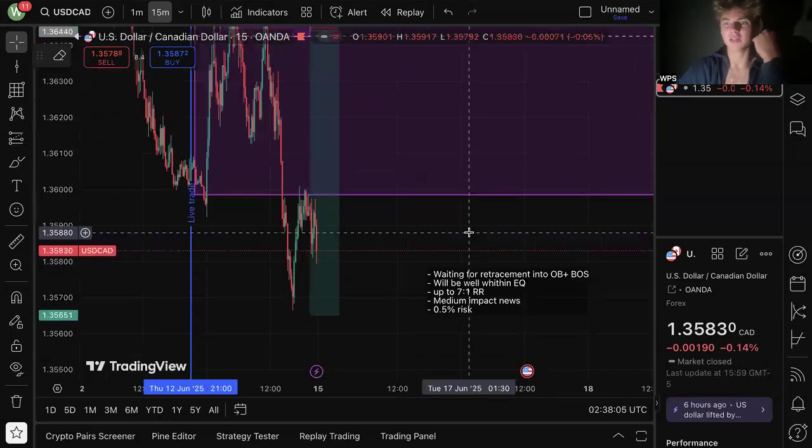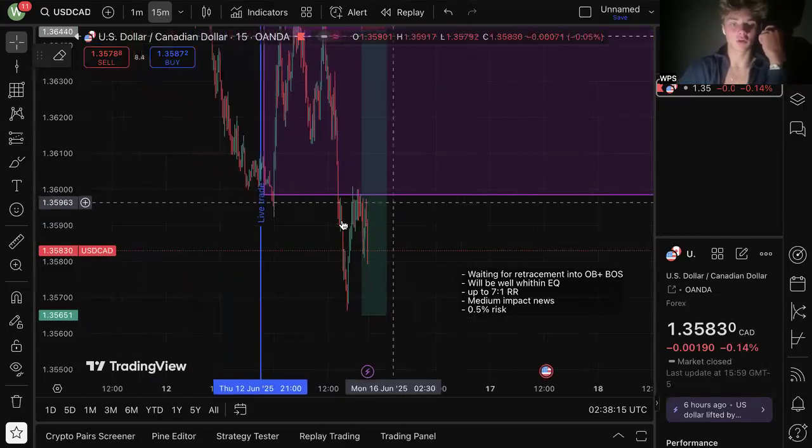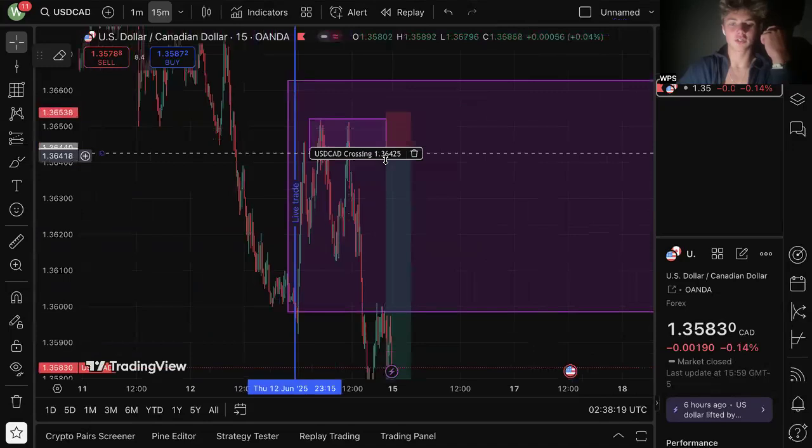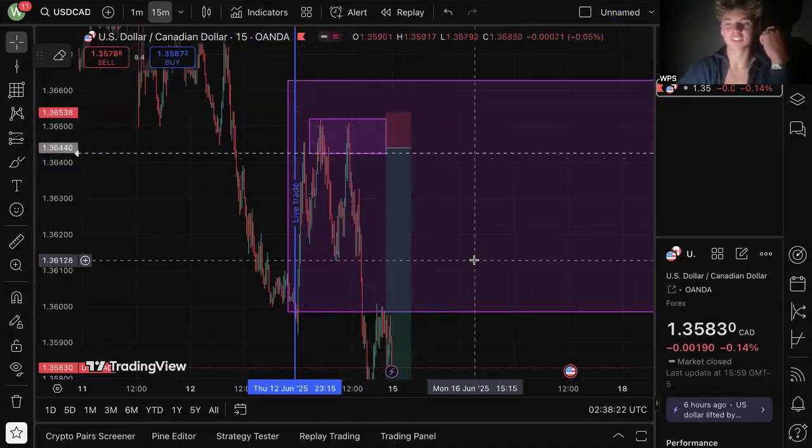And there's really only medium impact news. There is some news on Forex Factory, but it's not anything groundbreaking. No CPI, PPI, NFP, FOMC. So what I would really be looking for here is just a 0.5% trade due to how unrealistic this pop